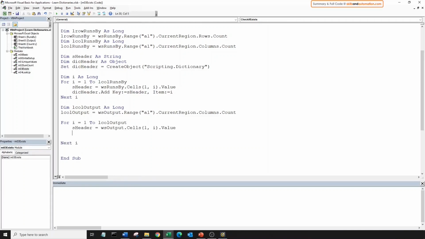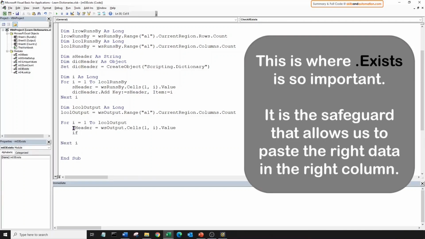Grab the header name, and let's check if this header exists in our initial dictionary. And if the column header or key exists, we will copy the data from that column using the column position, which is stored as the item or value of the key in that dictionary.